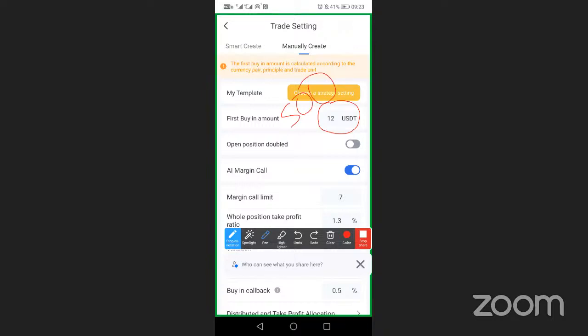All right, we are saying you divide your capital. To get your first buy-in amount, you divide your capital by two. Remember, it's $1,000. So you take your $1,000 and divide it by two, so you're going to have $500. So $500 is going to be your first buy-in amount here.